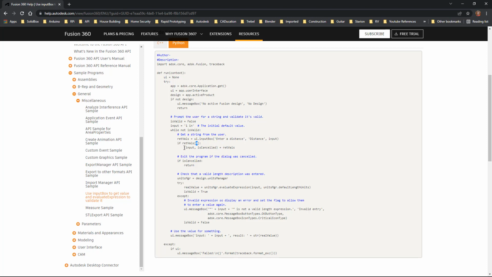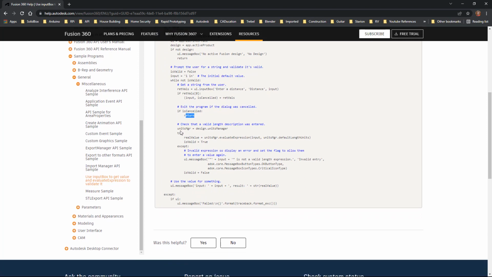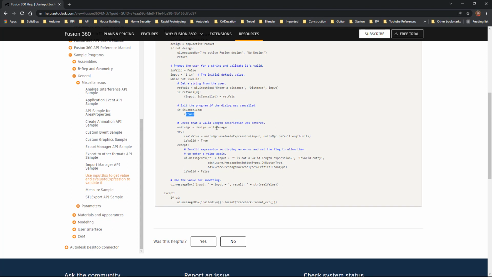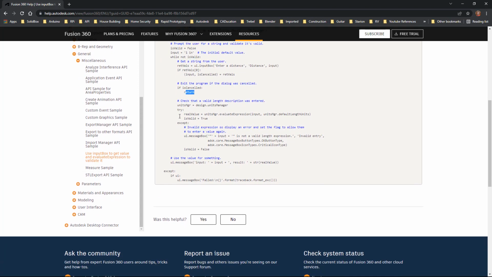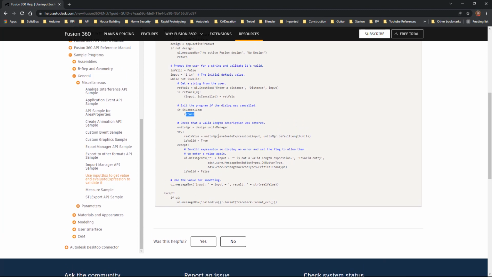If that happens, then what's going to happen down here is the input is canceled equals ret vals. So it equals the return value. And then down here, if is canceled, return. And return is basically just saying hop out. And then down here, we've got units manager, and this is the design.units manager, and then it's trying. So this is where the stuff is really going to happen. So it's going to process that value. In this case, the real value is going to be equal to evaluate expression, which is what we were looking at,